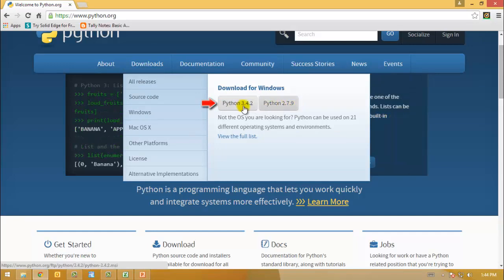The question you would be asking is which one you need to learn. Python 2.7.9 and Python 3.4.2 are not two different programming languages, they're just a bit different when it comes to their commands. For example, in Python 2.7.9, to take input from the user, you use raw_input. But if you use that in Python 3.4.2, it won't work, because Python 3 has just the input command, and it does not use raw_input. That's the reason.